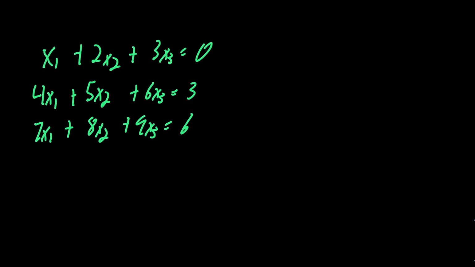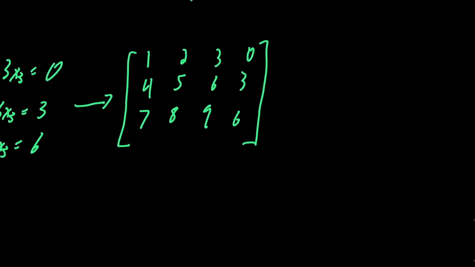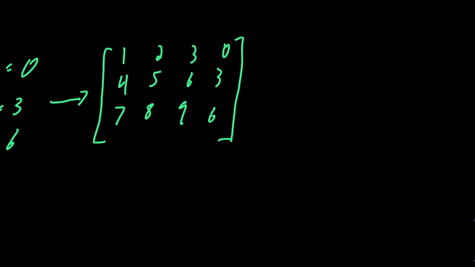So first off, we know the protocol. This has to be converted into an augmented matrix. We have column 1 consisting of 1, 4, 7, column 2 consisting of 2, 5, 8, and column 3 consisting of 3, 6, 9, with the last column being 0, 3, 6. To find the solutions, we will apply Gaussian elimination,